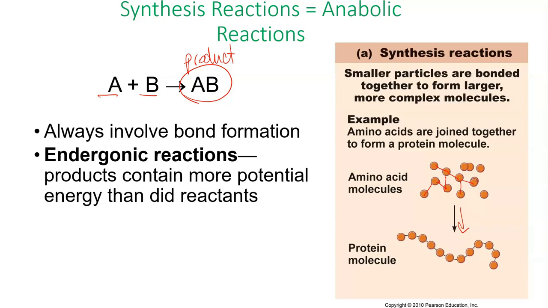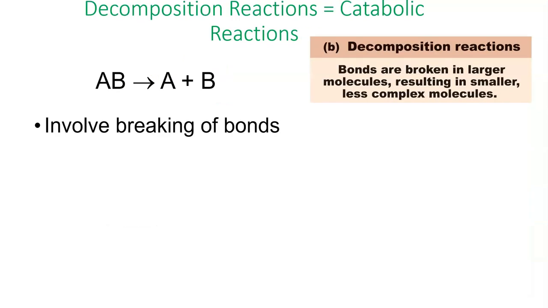These are also known as endergonic reactions, and that means that when the bond is formed, they've got potential energy in these bonds. Remember when we talked about the different kinetic and potential energy? It's potential energy because when these bonds are broken, energy is released. It becomes kinetic. So these products have more energy in them than the reactants did, which also means it's endothermic. It takes in heat.